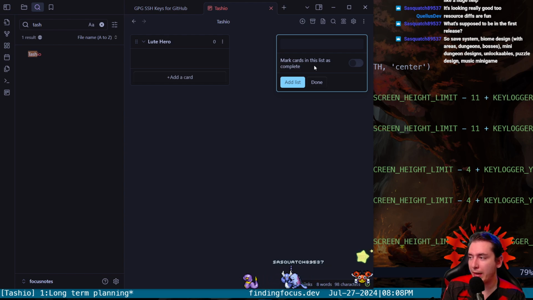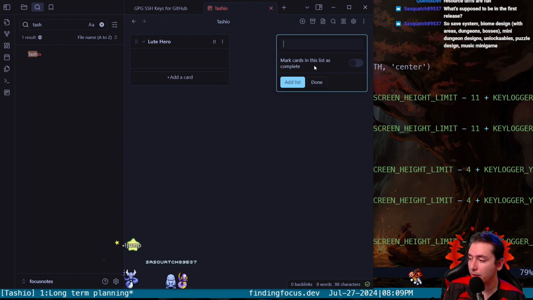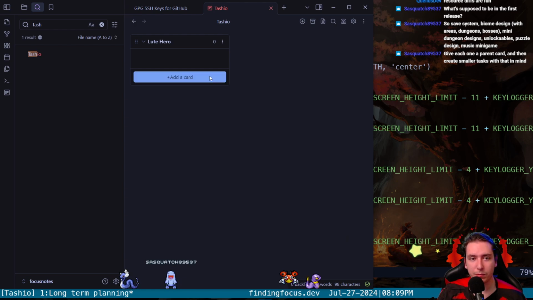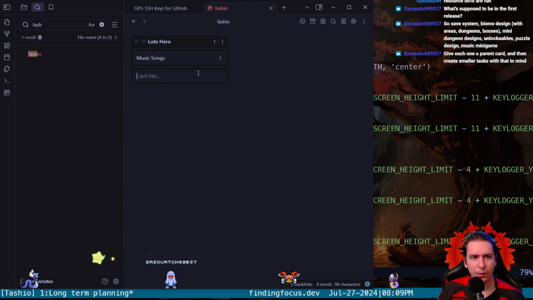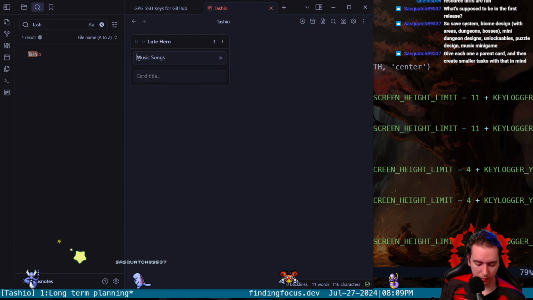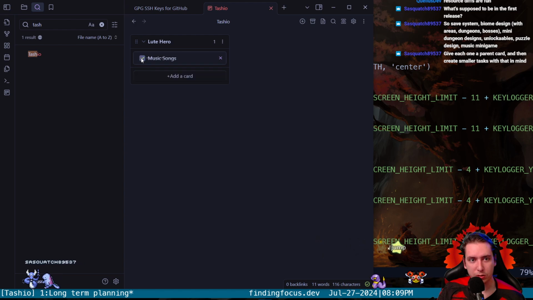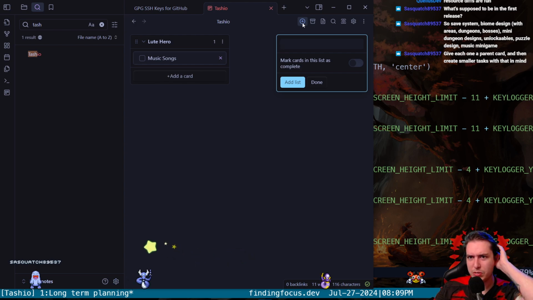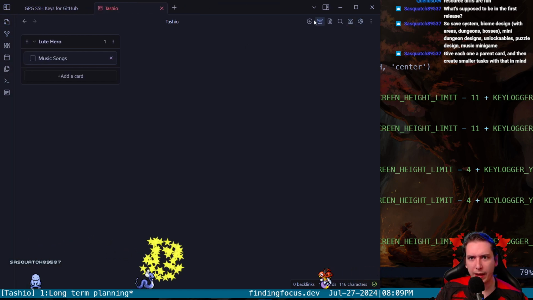So I think if we have a minimum viable product that we plan out here, and then every extra stuff we either save for after we release the game, or as a parent card in smaller tasks. Yeah, I think so. Let's see if we can add, yeah, we can do that. And what we can do, we can add little completion boxes there, so we can check it off as we go. So let's say, I don't know if there's a way to draw between them or anything, but let's see. If we add, let's say, biomes,